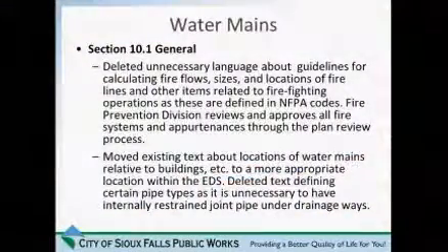Under Section 1, the general section, what we've done is we moved some unnecessary language about calculating fire flows, locations of firefighting appurtenances such as post indicator valves, locations of fire hydrants relative to buildings as they relate to firefighting operations. These things are reviewed and approved by the Sioux Falls Fire and Rescue Division as part of their plan review process in city engineering. Since it's already in the NFPA codes, I didn't think it really had a relevant place within the engineering design standards anymore.